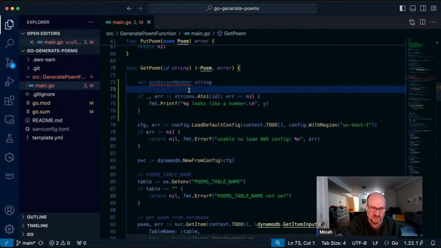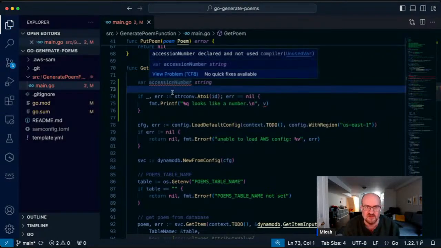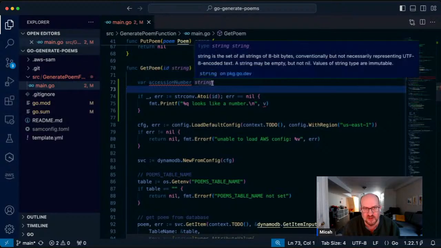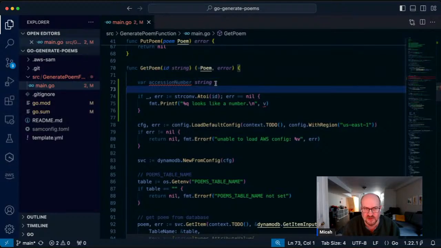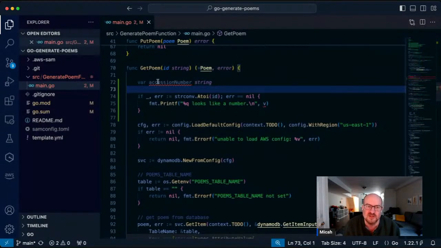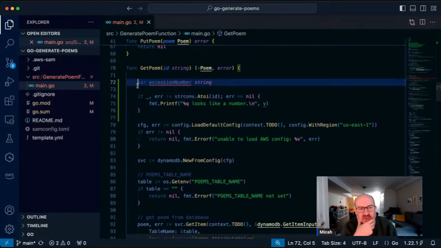Okay, red means it's not being used yet. Yeah, okay. So I'm just going to declare this variable called accession number. The default value when I declare a string variable like this is an empty string, right? So this is currently an empty string. And so what I'm going to do is, well, let's just do it the other way around here.